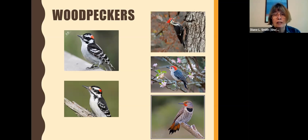So if you see a bird that's black and white like this with a red spot, and it's got a long bill, it's a hairy. If it's got a short bill, it's a downy. Then on the upper right,